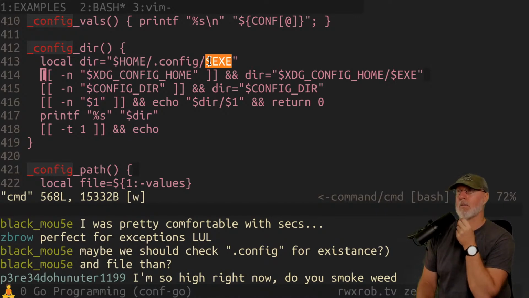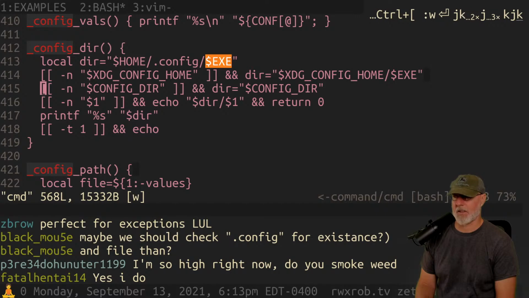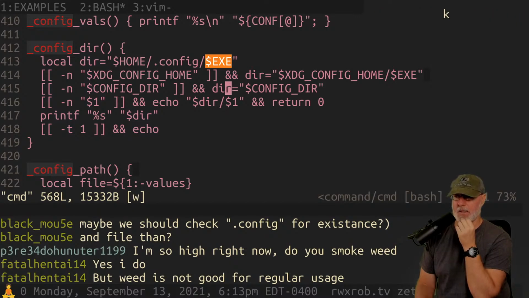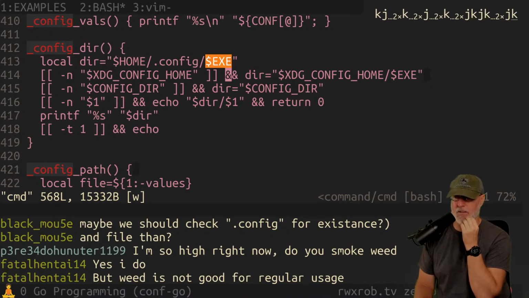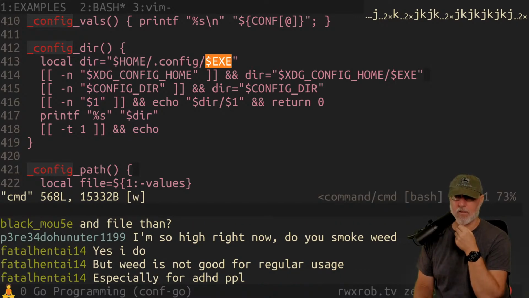So whether we should add it right here, I don't know. Should we check for the existence of this file? I mean, by the end of all of this, we probably should. So we should probably say, does it exist or not? And I should have written this code to be a little more robust.